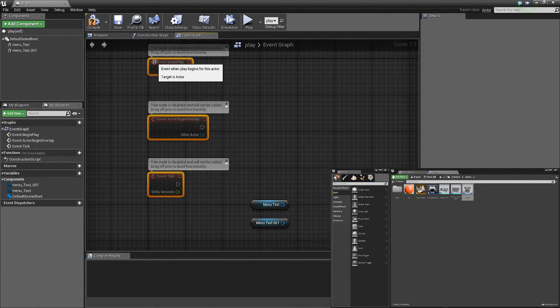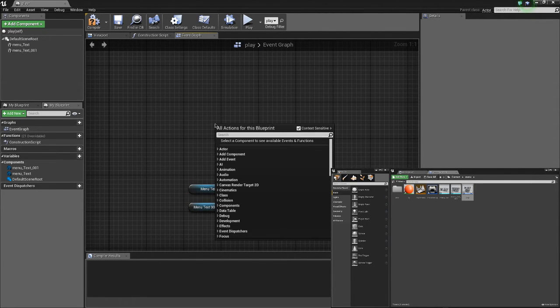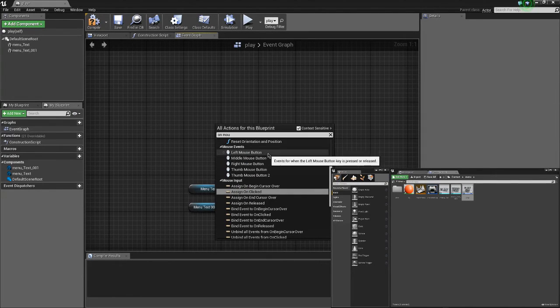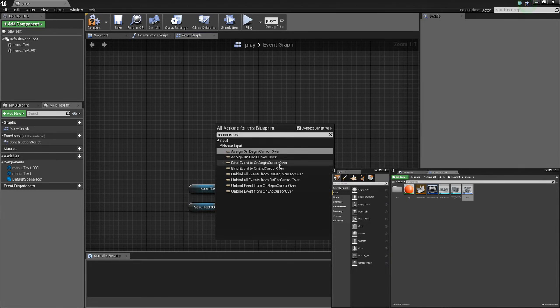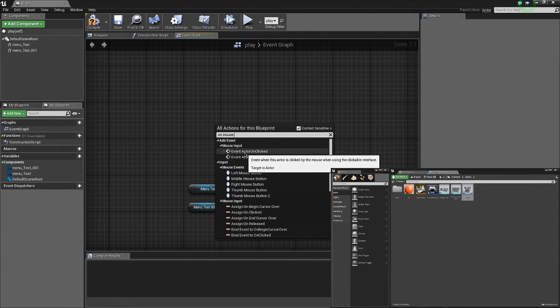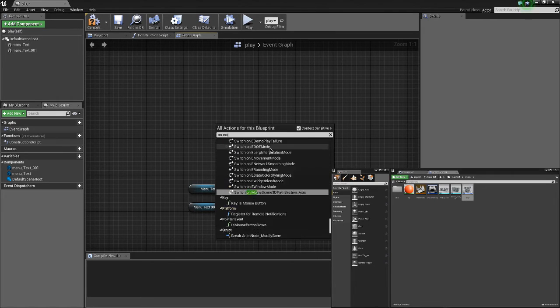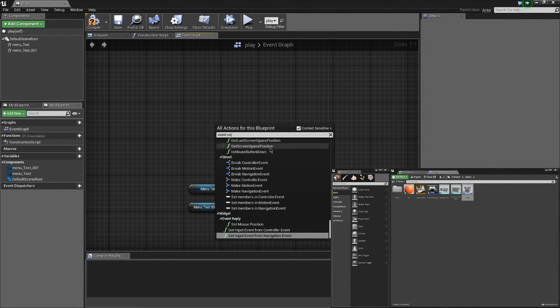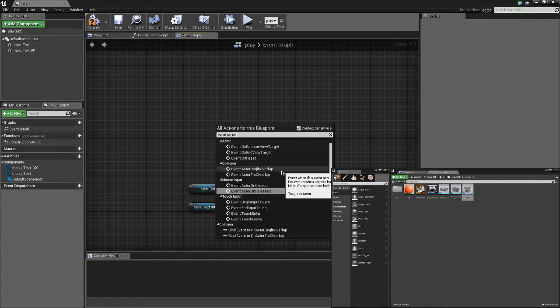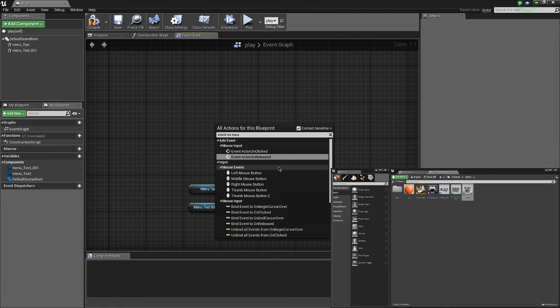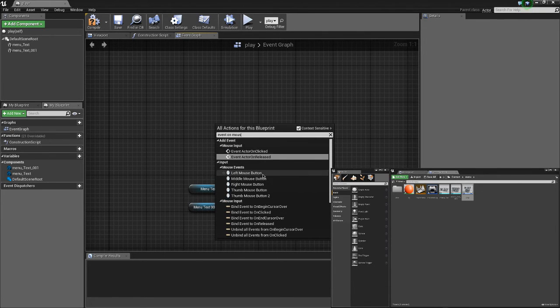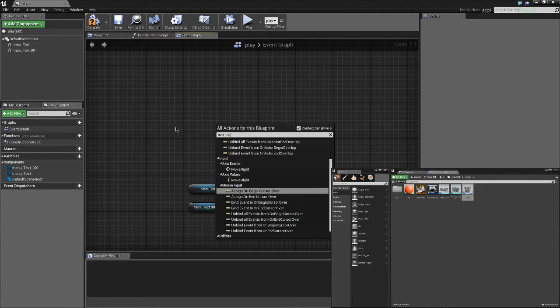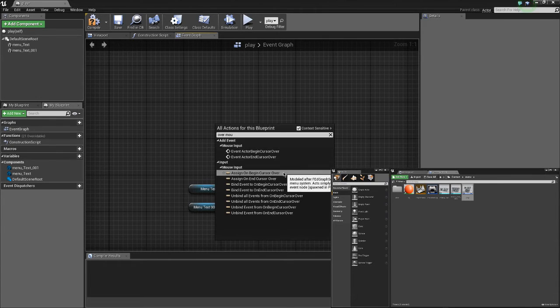We're going to get rid of both of these, and we're going to right click and go on mouse, let's see, event on actor, on mouse over is what we want. Alright, on actor begin cursor over,